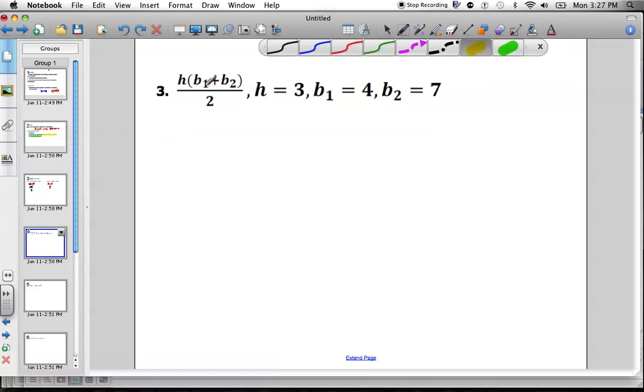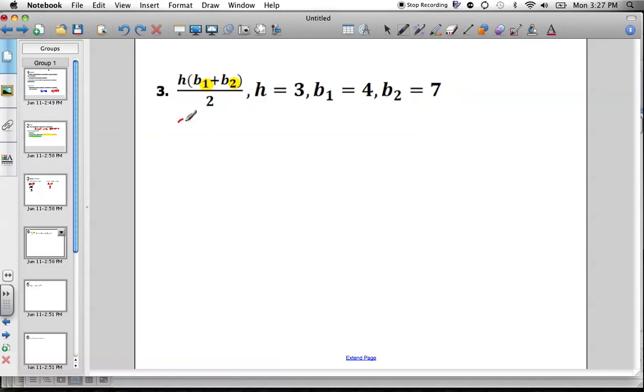First off, this b1 here and b2 here, the reason you have those there, those are not exponents. The only reason those are there is to allow us to understand that b1 and b2 are separate variables. That's like x and y. It's not telling us to do any operation with these things. It's just saying that they're two different variables. That's all that's saying. So let's look at an example here, and we know that h is 3,